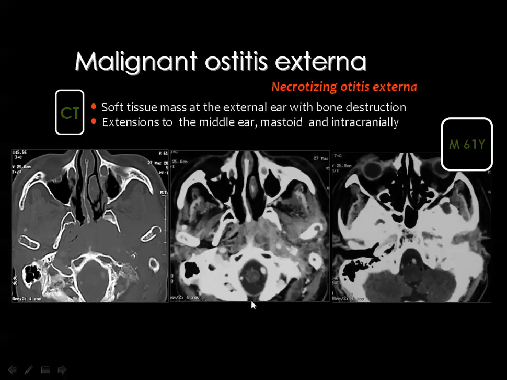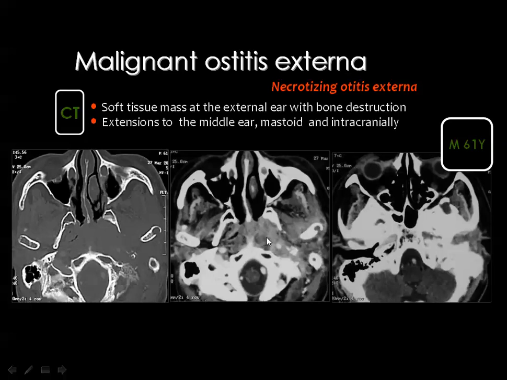And you can see the involvement here is on the left side. The external canal is filled by enhancing inflammatory granulation tissue compared to the normal right-sided external canal. Also, you can see the inflammation is involving the region around the temporomandibular joint with erosions of the mandibular head and also involvement of the muscles of mastication together with